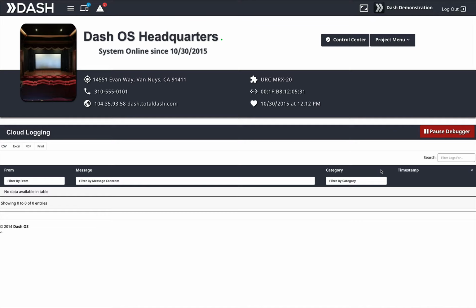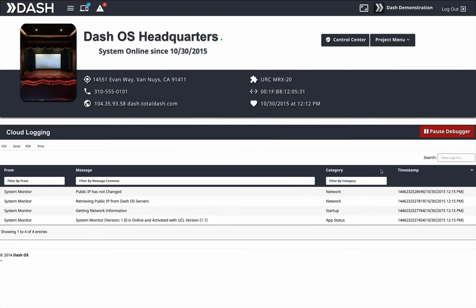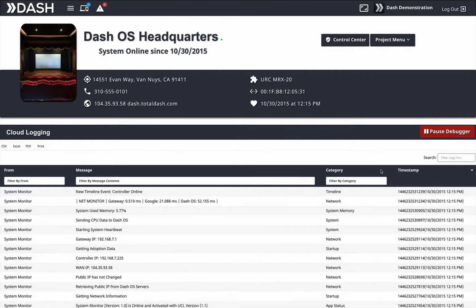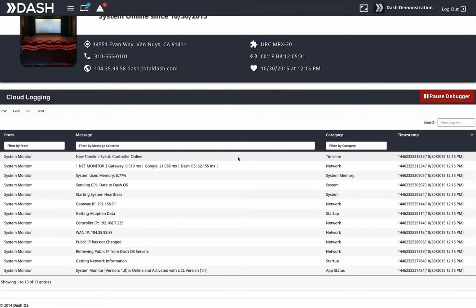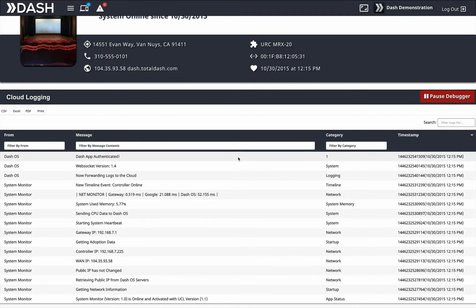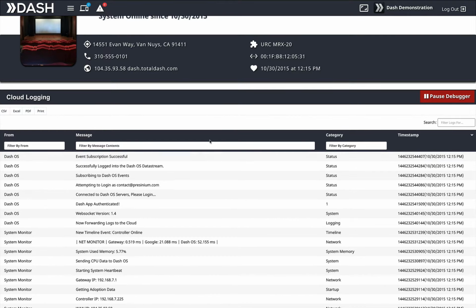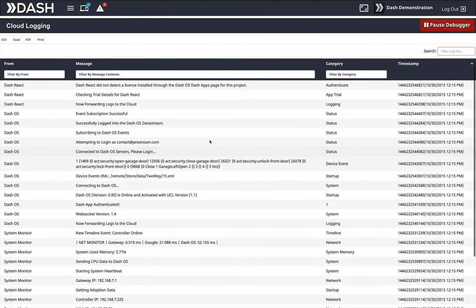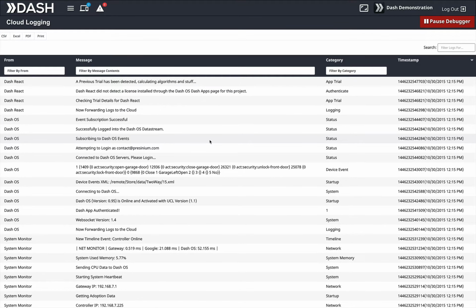So once we see the controller start up, since it's already started, you should see the controller report all of its data. And you'll start to see other pieces as well, which in this case are different modules, reporting their information. In this case, it's all different pieces of software on a single controller, but it could also be other pieces of hardware, all combined into this one area to give you a good view of the entire system